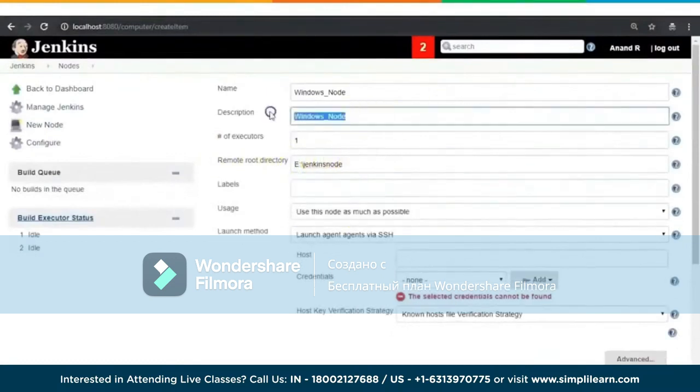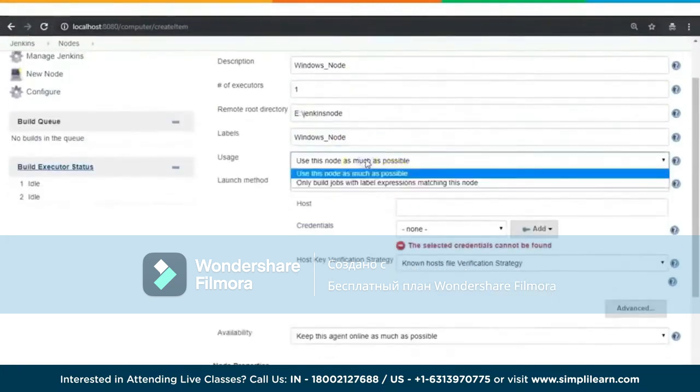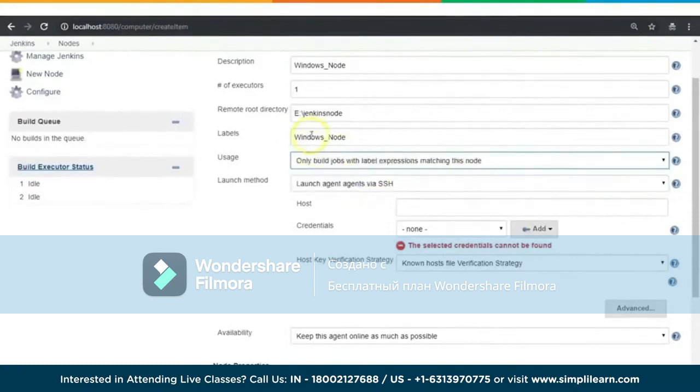The label, probably this is fine for me. And usage, how do you want to use this? I don't want it to run all kinds of jobs. I will only build jobs with label expressions that match this particular node. This is the label of this node, so in order for somebody to delegate any task to it, they will have to specify this particular label. So imagine this way, if I have a bunch of Windows machines, I name it